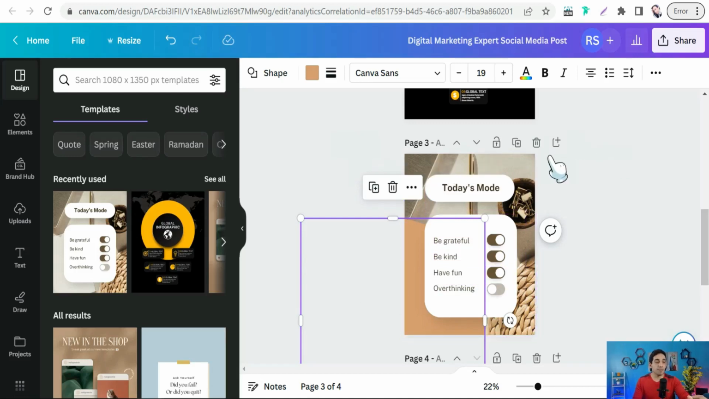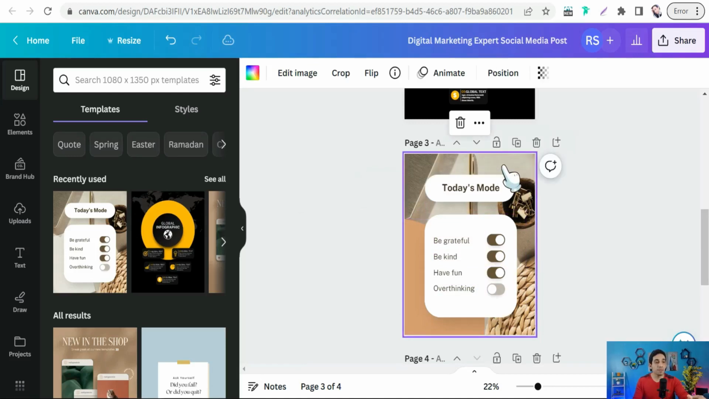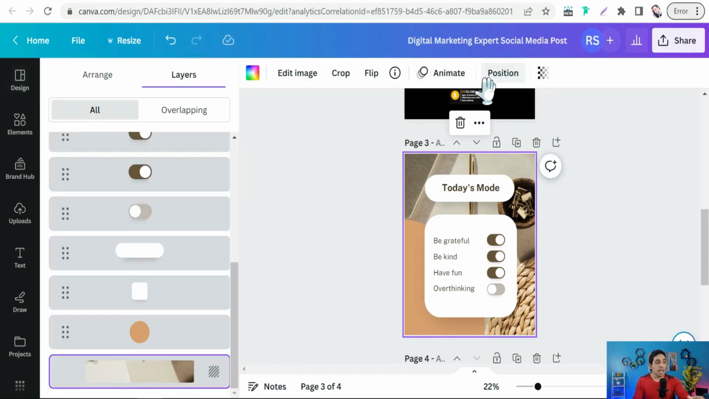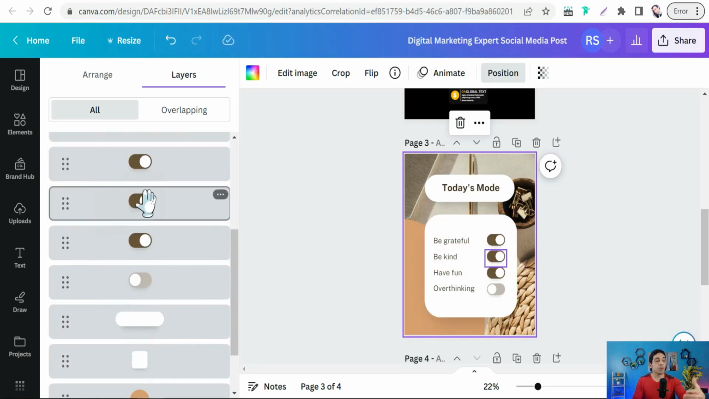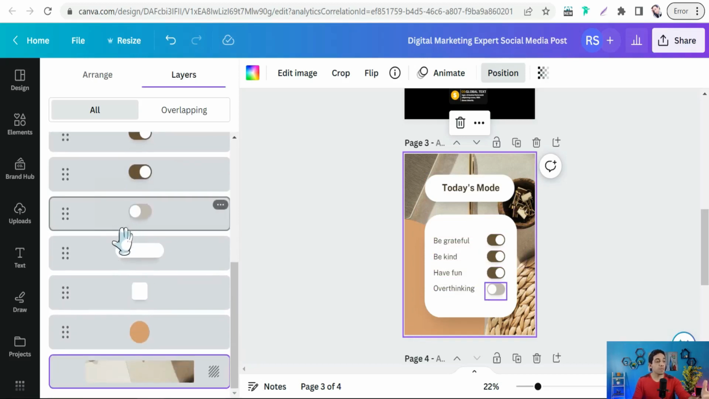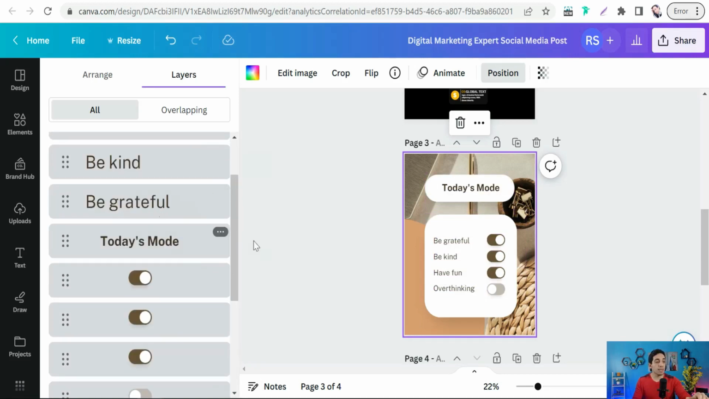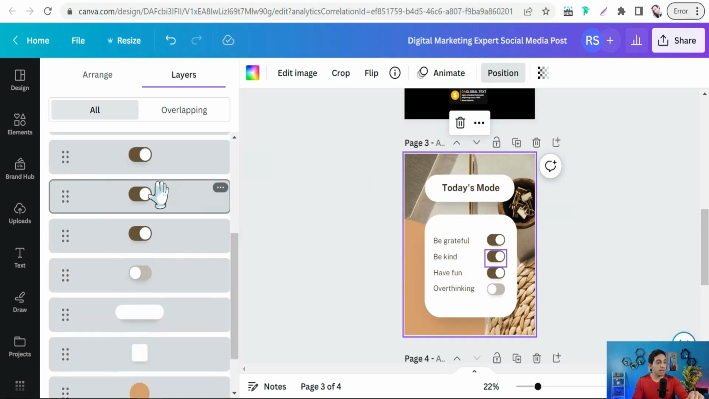Here, if you want to select this post entirely, here you can find an option, Position. Click over that. And here you can find all layers in your post. As you see, all texts, all graphics, all vectors, all arrows, and so on. So if you want to select one of these beautiful elements and edit it individually, you can select this one,